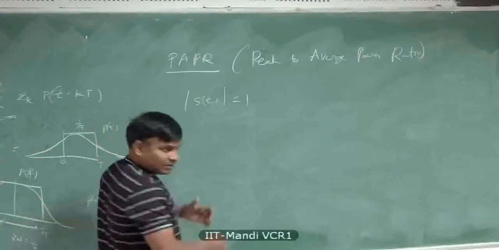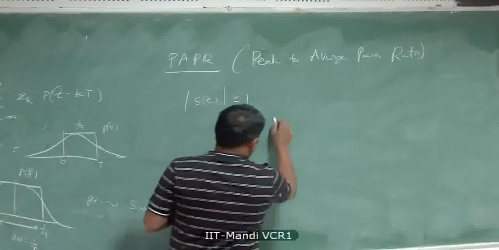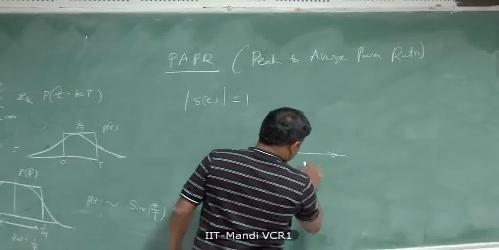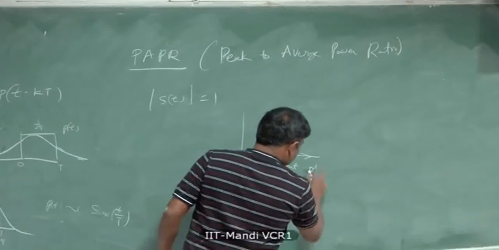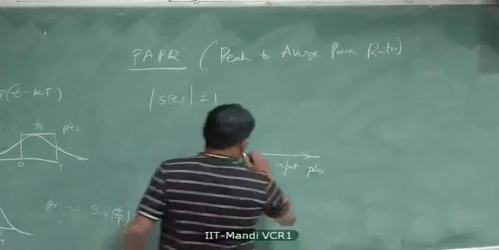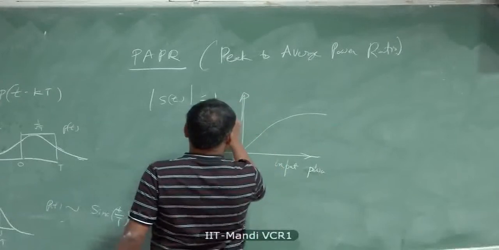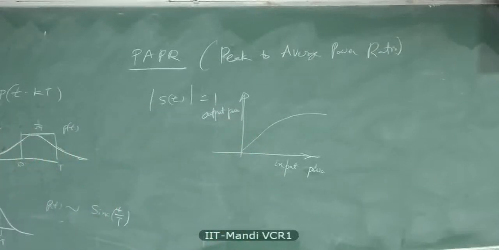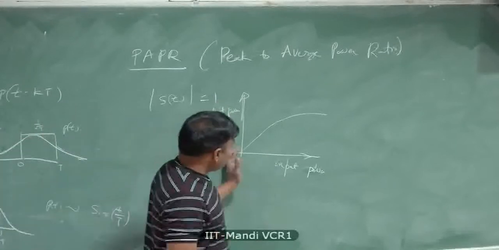Why is that? Well, this is a baseband signal. You're going to pass this signal through an RF power amplifier. And power amplifiers have these characteristics: input power, or let's call it voltage, that is the instantaneous input power at that given point in time, and then output power. If the input signal's magnitude is unity all the time, then you can operate it anywhere you want.